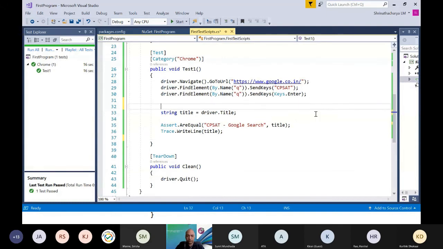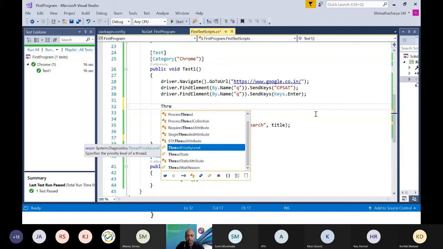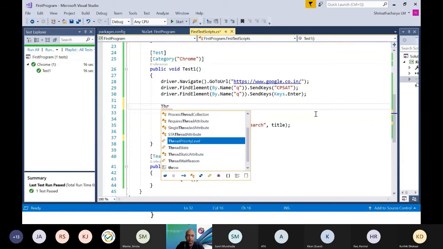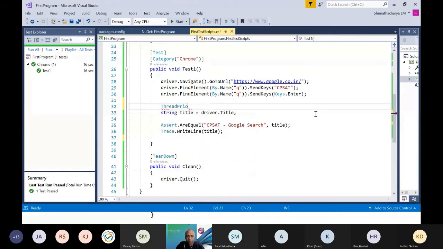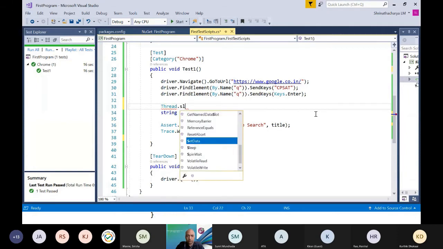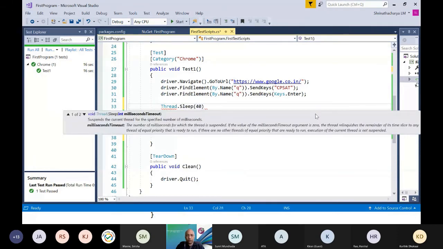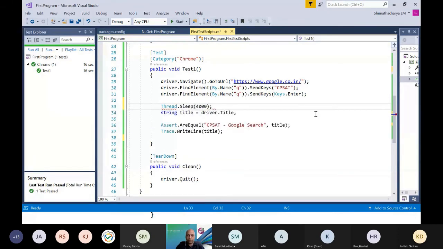the moment we search, we should add the explicit waits. I'm telling the program to wait for 4 seconds the moment we search and then verify all those things.